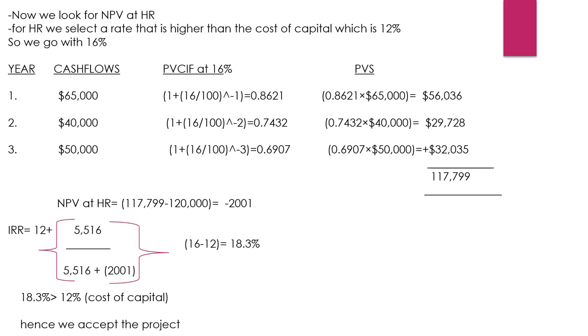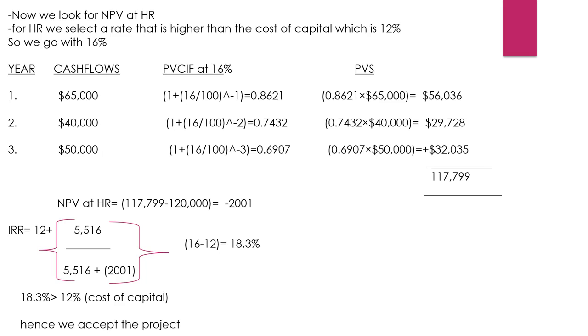So for us to get the present value of cash flow, you multiply 0.7432 by the cash flow, which is $40,000. So our present value of cash flow in the second year is $29,728. So in the third year, cash flow is $50,000,